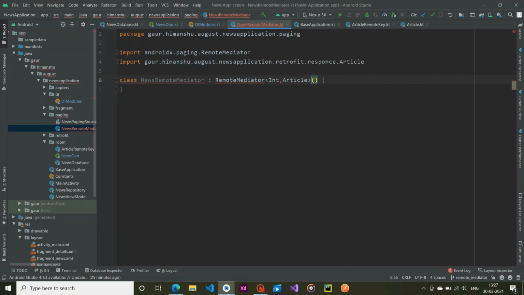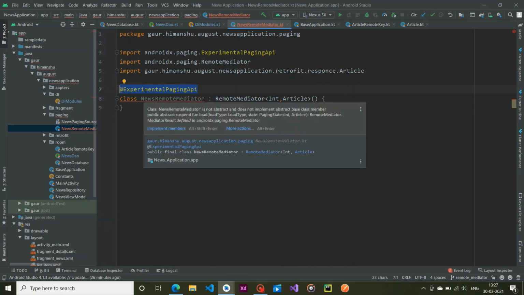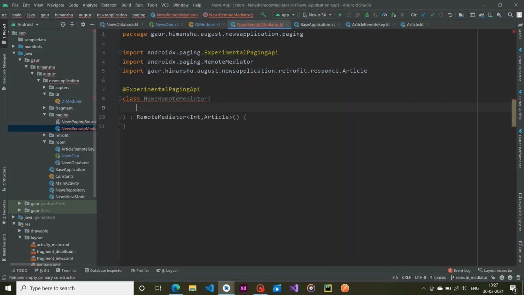Just press alt enter and it will append the annotation on our class NewsRemoteMediator, experimental paging API.